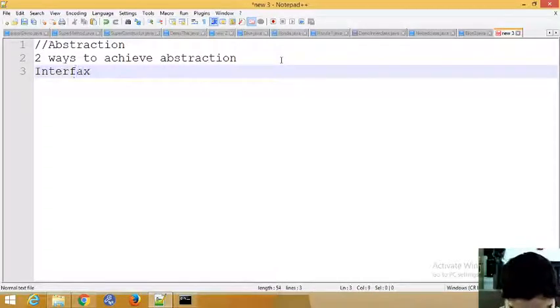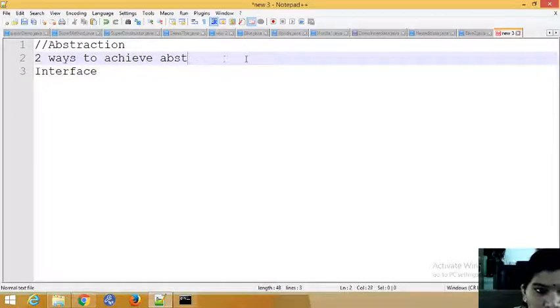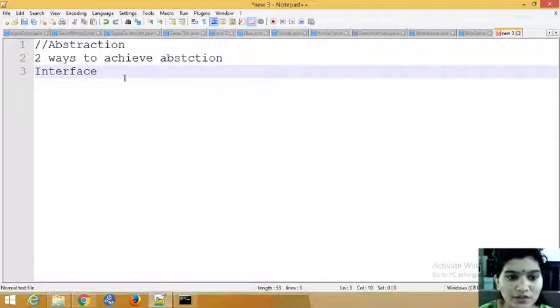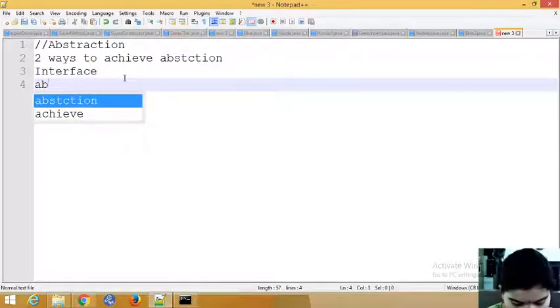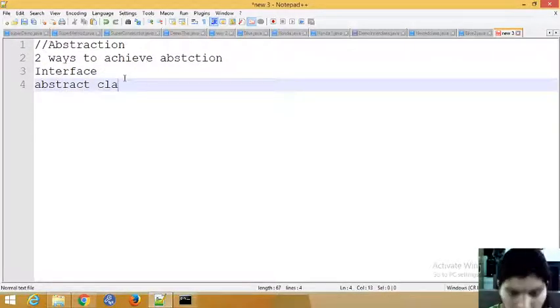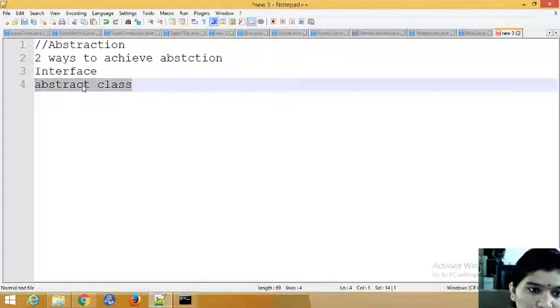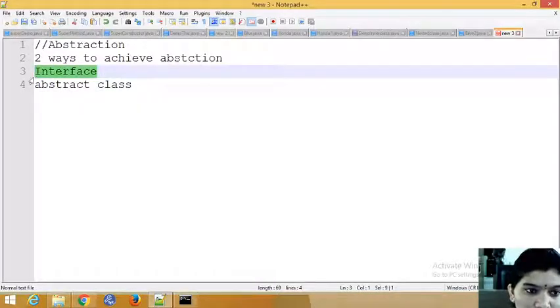Using an interface you can achieve 100% abstraction. So one is the interface, and another is the abstract class. First we'll see by creating an abstract class how we can achieve it, and the second one we'll see in the next videos, how to achieve abstraction using the interface.